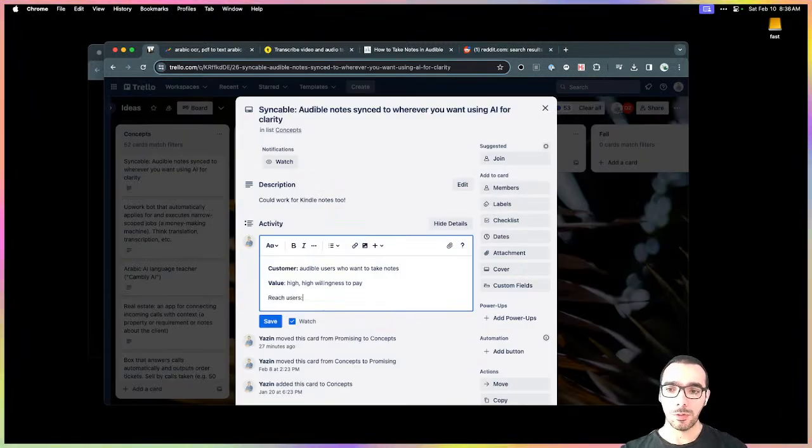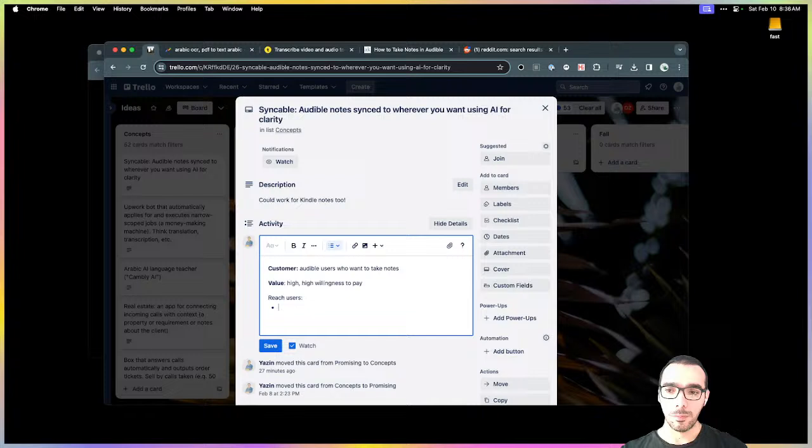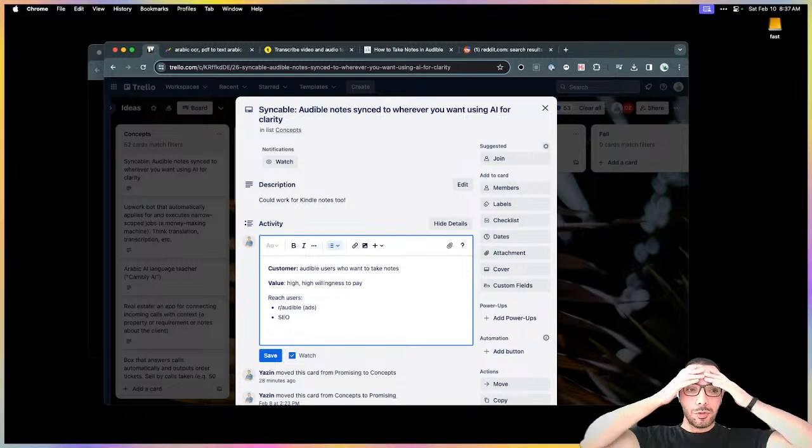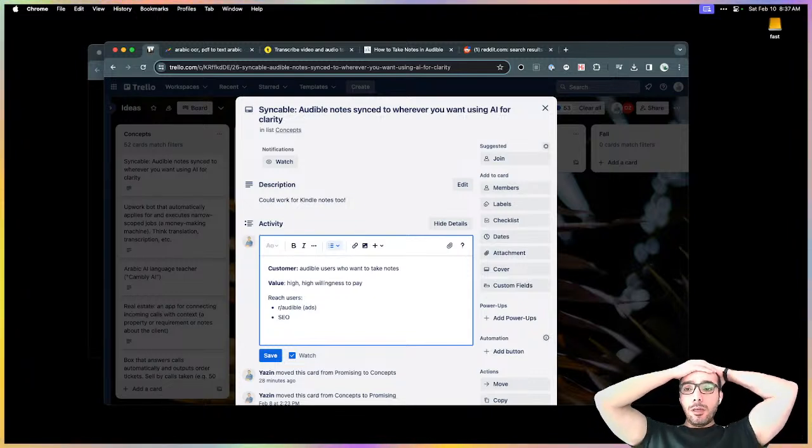How do you reach users? Audible r/Audible, and I'm guessing ads here, and probably get pretty far with SEO. I don't know. I need to run through Ahrefs to see if this actually makes sense, but it's looking pretty promising. I don't think it's going to be that hard. The question, of course, is how on earth you're going to be able to retrieve the notes in the first place.